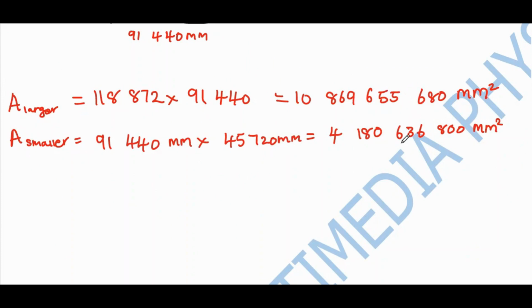Now, I prefer to work out the difference here before I convert to other units, otherwise I have to convert the area of the smaller one, and then get the difference. So it's better I get the difference early, then I can convert later. To get the difference between the areas of the pitch, I have to subtract the area of the smaller pitch from the area of the larger pitch. So the area difference is given by